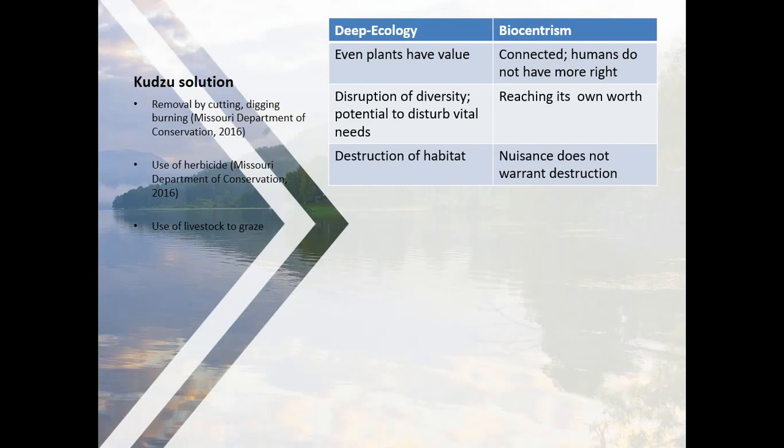Like other invasive species, lack of human intervention would allow the plant to flourish, although it would be to a point of outcompeting most other plants in the area, leading to destruction of that biodiversity. A biocentric view of the plant would state, although it is a plant, it is equal to humans in the sense they are both connected and share the space on Earth. Furthermore, the human has no more right to the space than the plant.